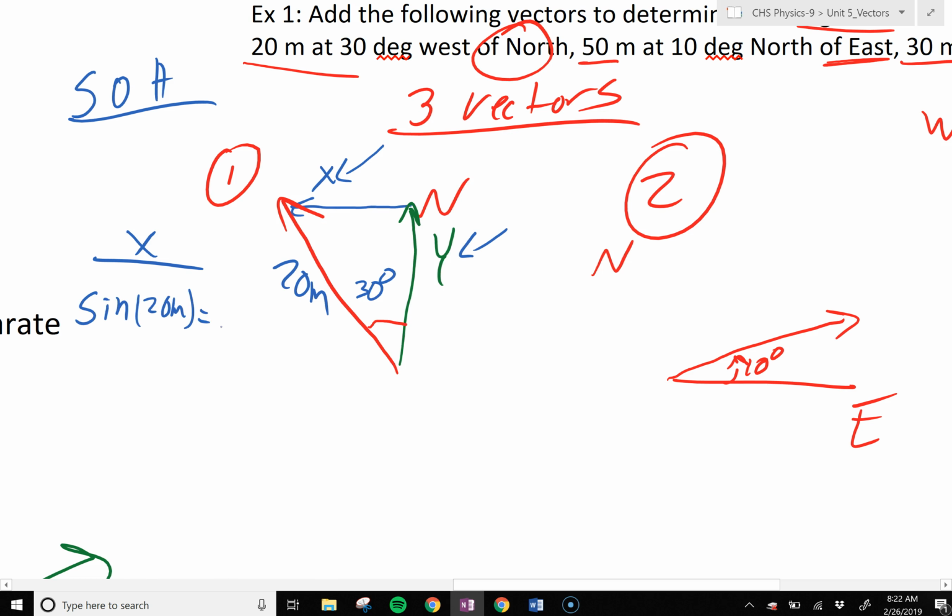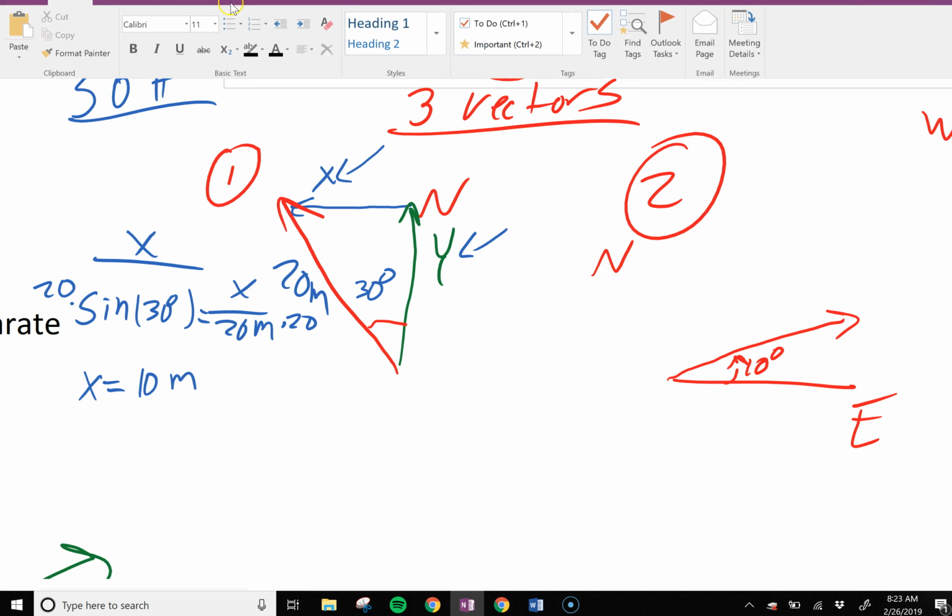30 degrees over the 20 meters, equals the x side over the 20. Multiply both sides by 20, and then we end up with an answer of, wow, that was pretty nice. The x direction would be just 10 meters. And if we go to the y direction now,